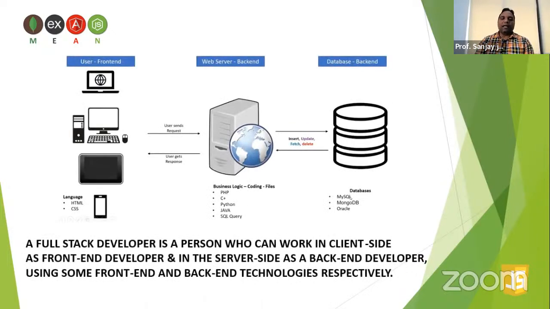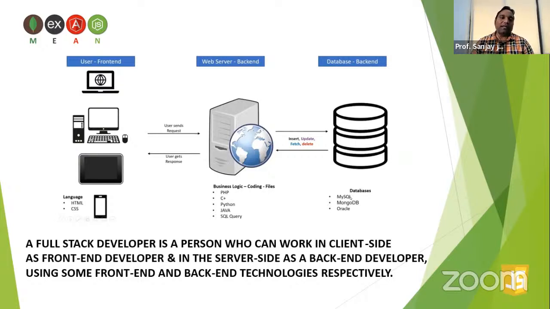Let's try to understand this with an example. When we talk about full stack development, if you can see the diagram on the screen, the diagram is divided into three parts. The first column is something called the user front end. Then in the center, you will see the web server that comes in the backend, and then we have a database that also comes in the backend. So if you divide this diagram, it would be the user front end, and then we have something called the backend.